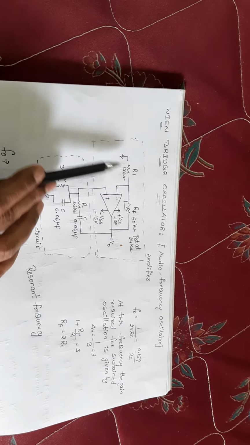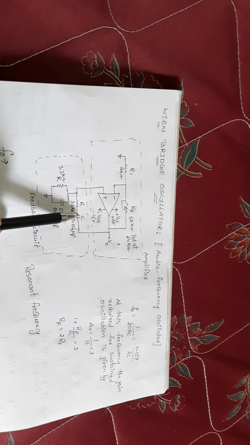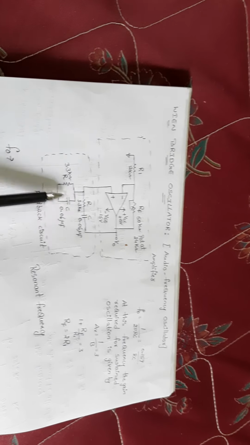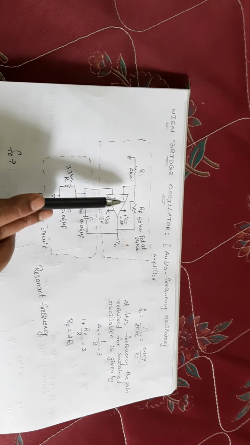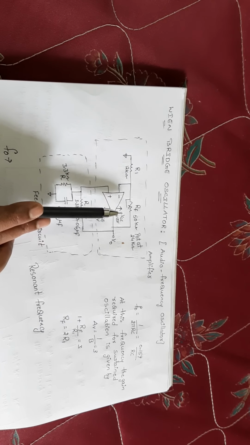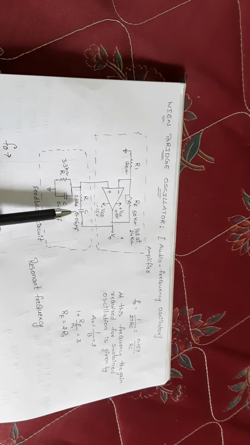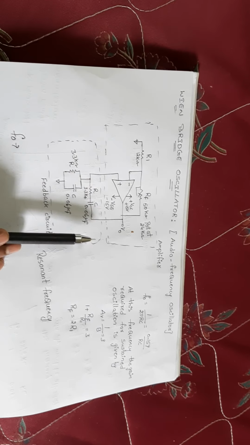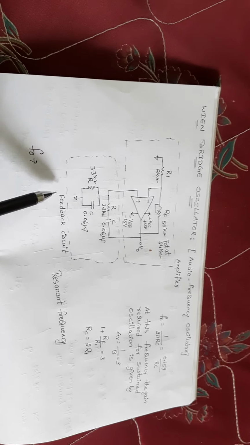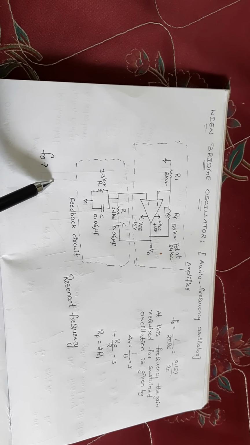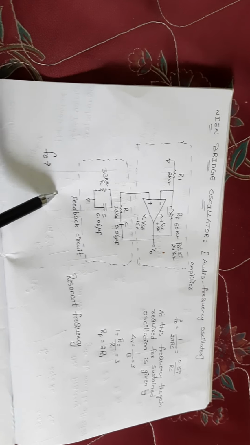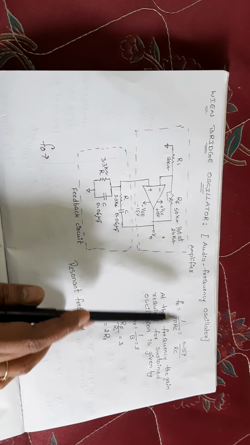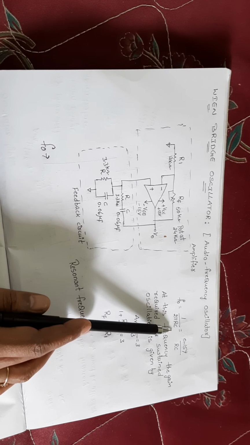One arm, second arm, third arm and fourth arm. Whenever we balance all these four arms, then we are going to get the output phase shift as 0 degrees. So that frequency is called the frequency of oscillation F0. So F0 is given by 1 by 2 pi RC or else